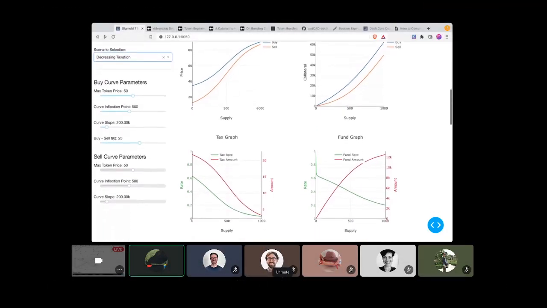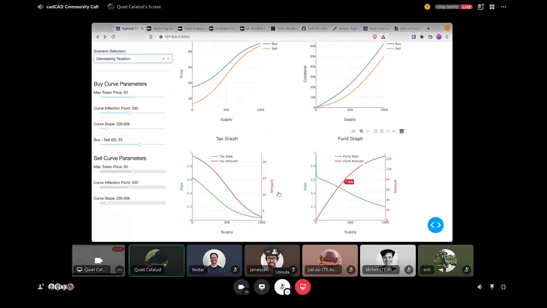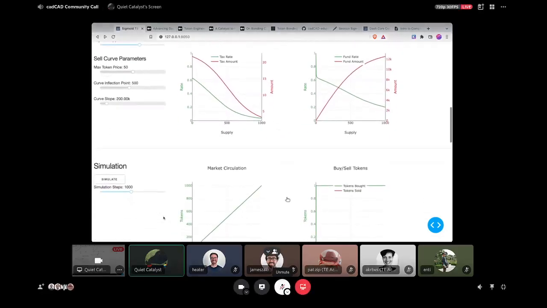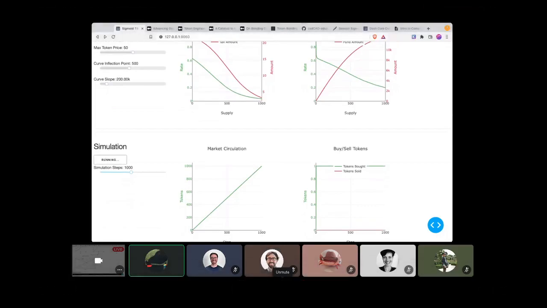And you can see how that affects how the tax rate looks, as well as how the funds come in. So now funds where they were previously coming in a more linear fashion, we have a more rapid ramp in the early days of supply, and then things kind of level off in the later stage. And this is set up so that we can simulate when those scenarios change.